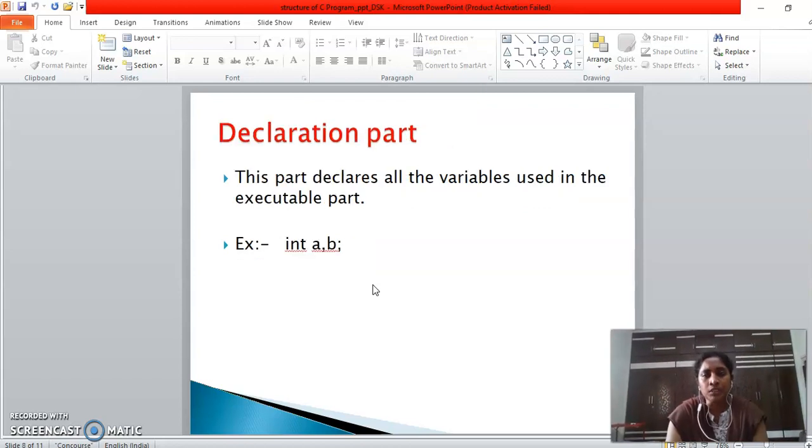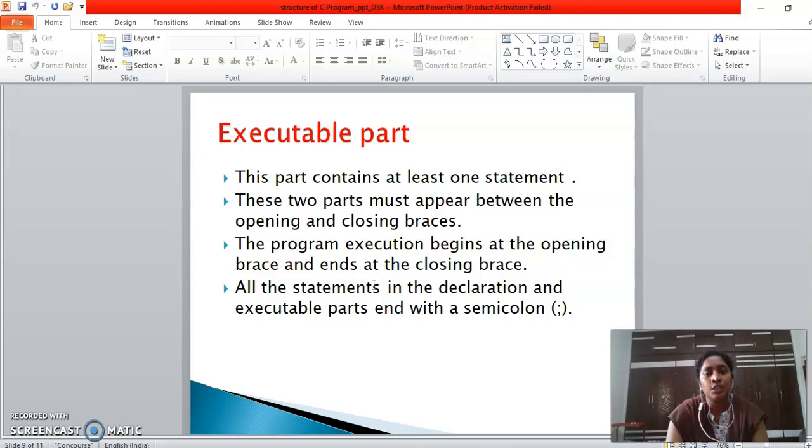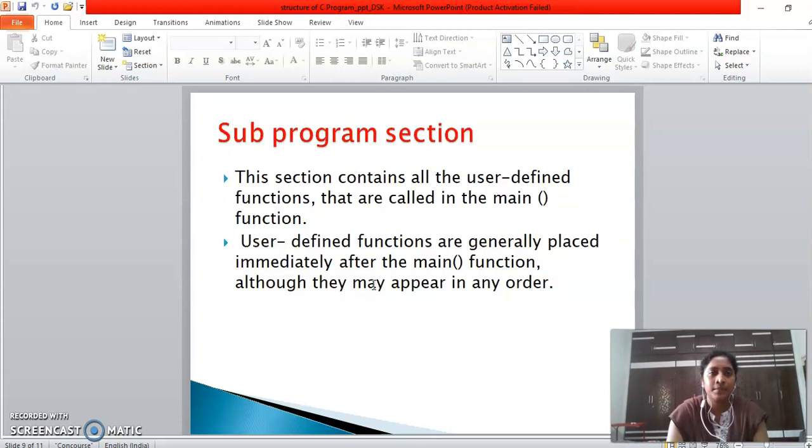Declaration part. Just now we have seen the global declaration part, where we can declare variables in two places, either globally or locally. So the declaration part within main is considered as local declaration. It starts with a data type followed by a list of variables separated with a comma operator. And then the executable part. After the declaration, whatever we write regarding the process section, the input part and the output part combined is considered as the executable part. Every C statement should terminate with a semicolon.